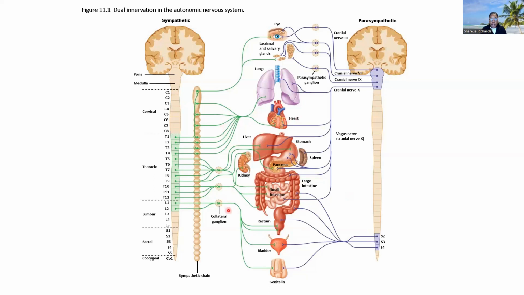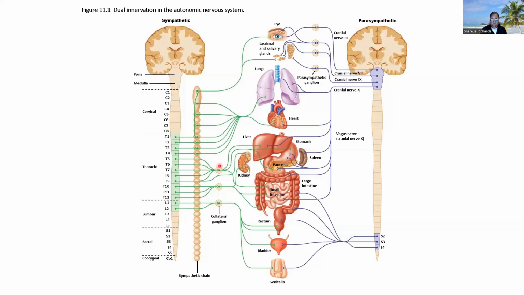The other piece to remember here is the general anatomy and how that anatomy differs from the sympathetic side to the parasympathetic side. So on the sympathetic side, the specific anatomical location of the cell bodies that give rise to the neurons on the sympathetic side come from the thoracolumbar segment of the spinal cord. So T1 all the way through to L2. So this is where these sympathetic nerves will originate from, and then they will travel out and they'll synapse either at the sympathetic chain